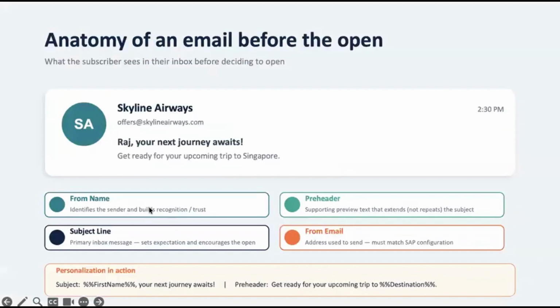Then I just wanted to show you the anatomy of an email. If you open that email, at the head you can see this is the from name. Then this will be the from email. When you open an email, there is the subject and then the pre-header. From name and from email are something we can configure while setting up the domain. Here in this example,